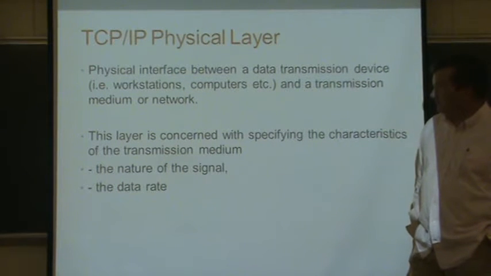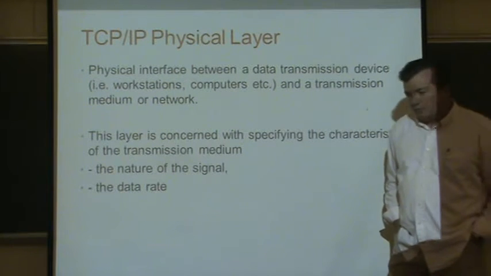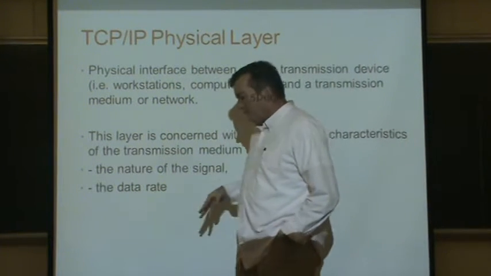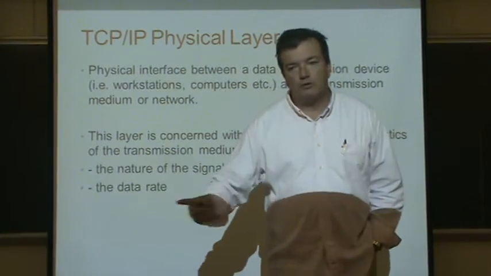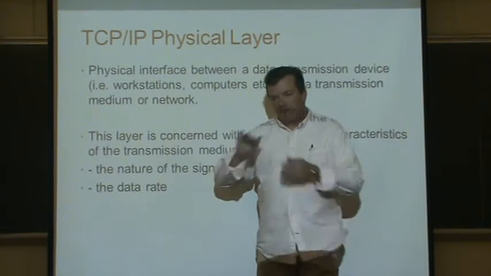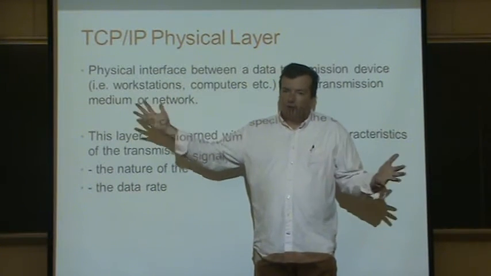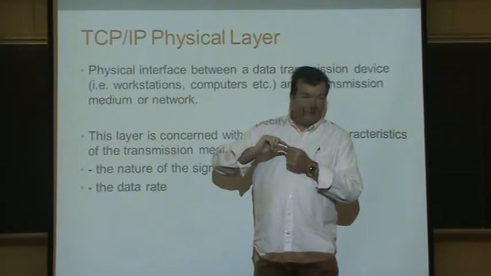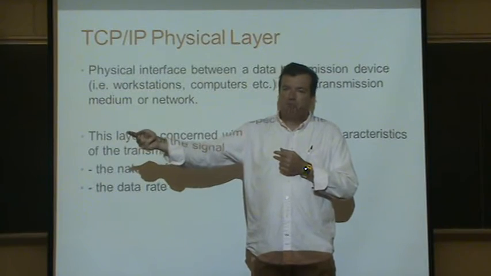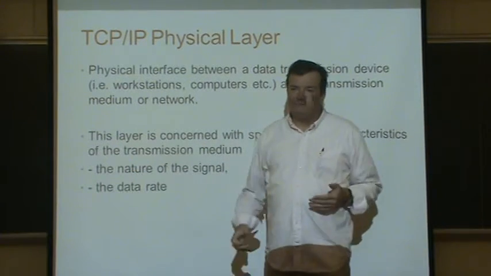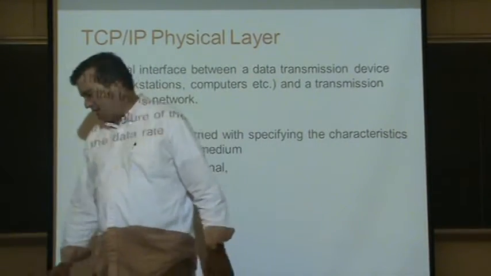The physical interface is basically concerned with things like how the message is sent. Is it sent electronically? Is it sent optically? What's a good speed to send it at? If we send the message too fast and the receiver can't pick it up fast enough, they're going to lose a lot of data. So maybe we'll send a message to them saying, at what speed can you receive data from us? And then based on that speed, we'll start sending it to them. So information like that is handled at the physical layer.